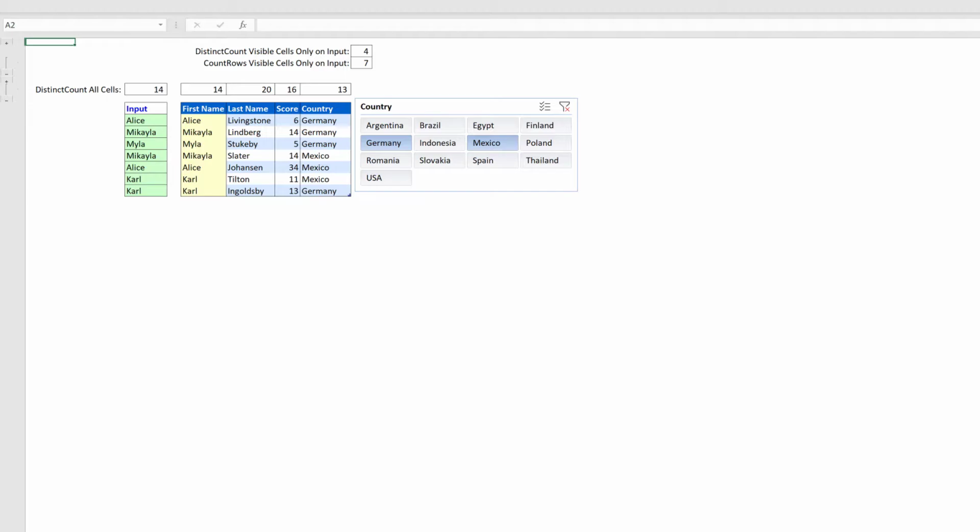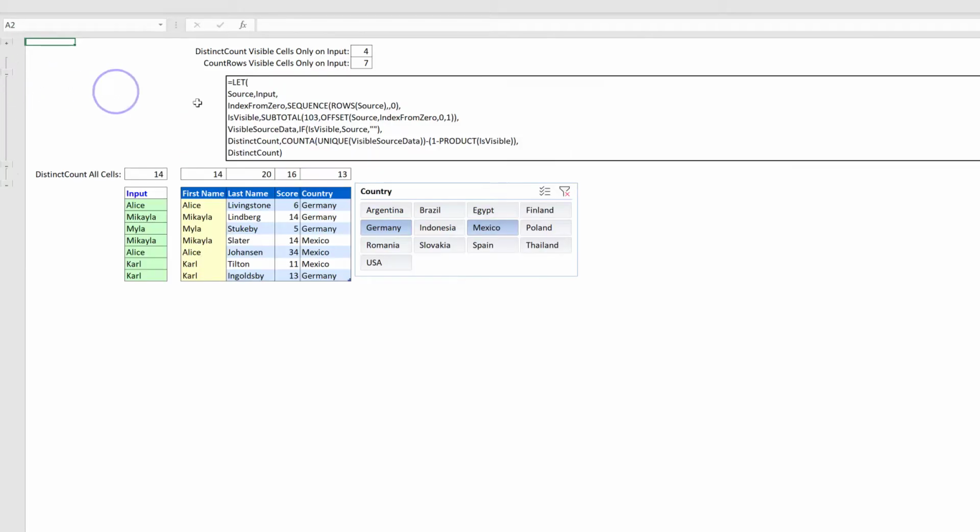This one is not so simple, so I'll break it down in discrete steps. For this I use the let function. The let function allows us to define local variables that exist only on the inside of that let function. I prefer to call these local variables steps, because that makes for a more intuitive way to explain the sequence of events. Every step has a name and a formula separated by a comma. The results of any previous steps can be used in subsequent steps simply by referring to their names. This makes for simple and efficient formulas. As the last argument in the let function, we can put the name of any step, and by doing so, the output of that step becomes the output of the let function as a whole.